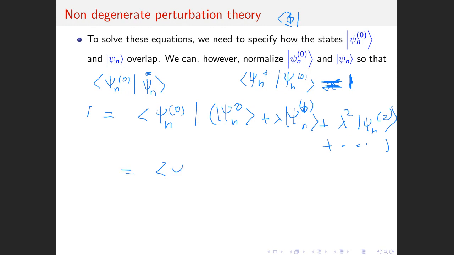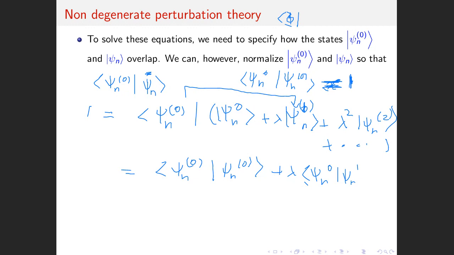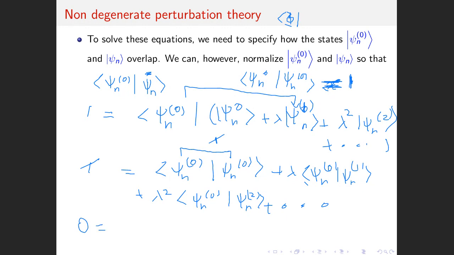So then this will give you ⟨ψn0|ψn0⟩ plus λ, right? Once you multiply these two, you get λ⟨ψn0|ψn1⟩ plus λ²⟨ψn0|ψn2⟩ plus dot dot dot. Now this term here is 1, so you get 1 equals 1, right? So this cancels and you're left with 0 equals. So they have to vanish order by order, so at λ